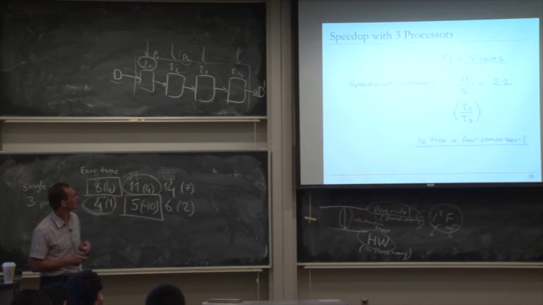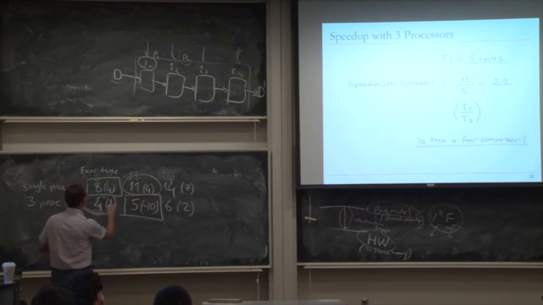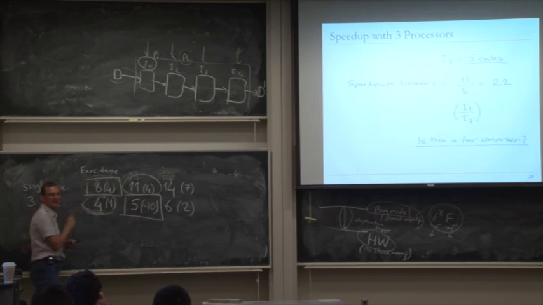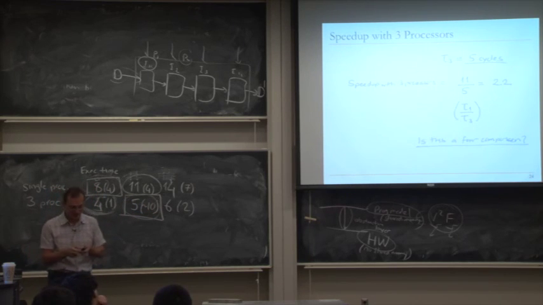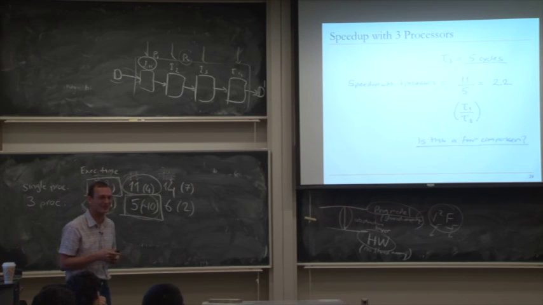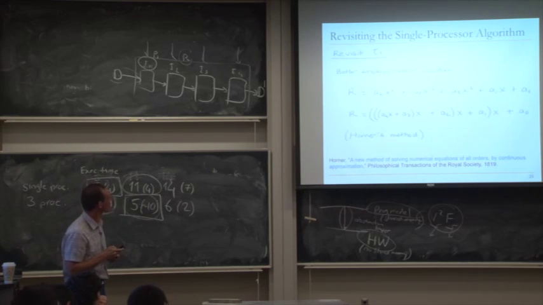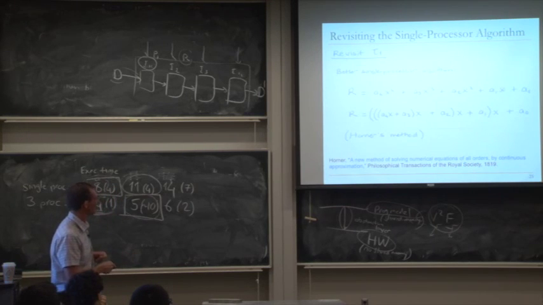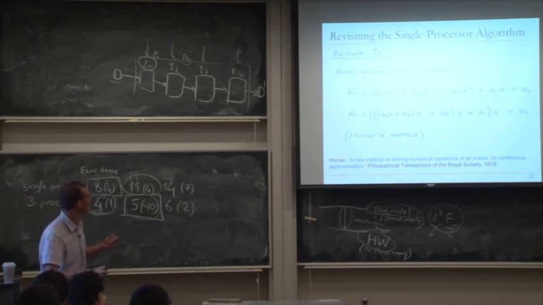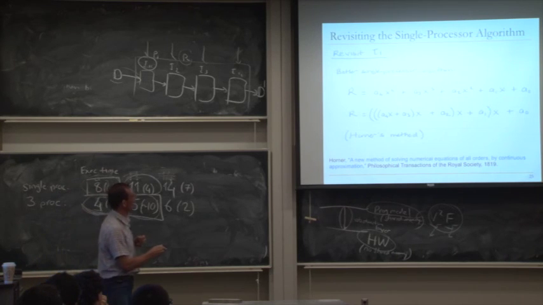Because you have not designed the best possible algorithm for the single processor, whereas you have designed the best possible algorithm for the multiprocessor. Well, what is the best possible algorithm for a single processor? You guys collaboratively found out over there, I guess, is this. That was demonstrated in 1819 by Horner. You basically factor out the x's this way using Horner's method.